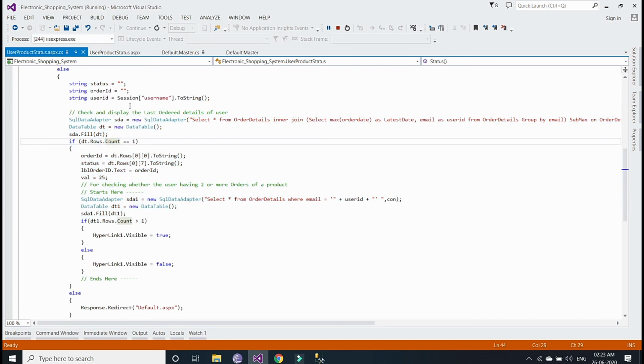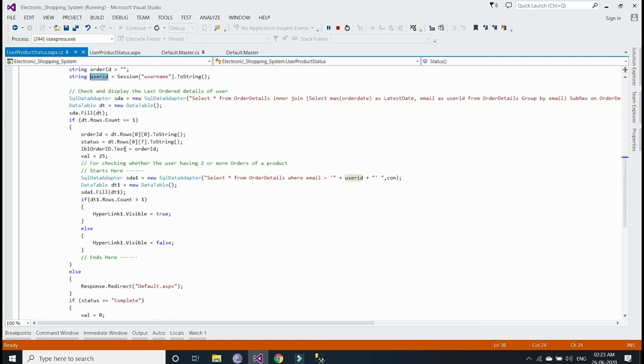First of all, I have taken three string variables with the names status, order id, and user id. For status and order id I have set no value, but for the user id I have taken the value from the session of the user name. If the user is logged in, then this session will be true, and from that session it will fetch the user id or username. Now after that,